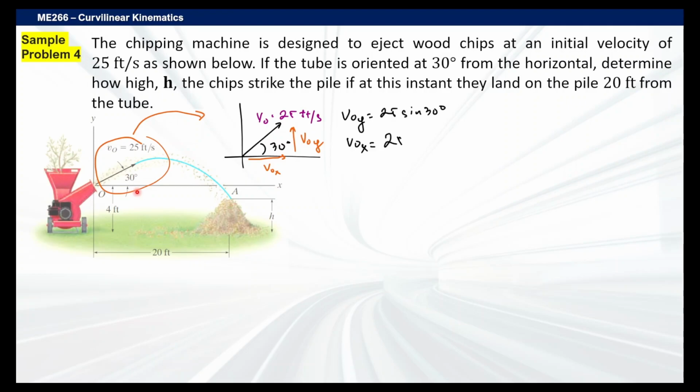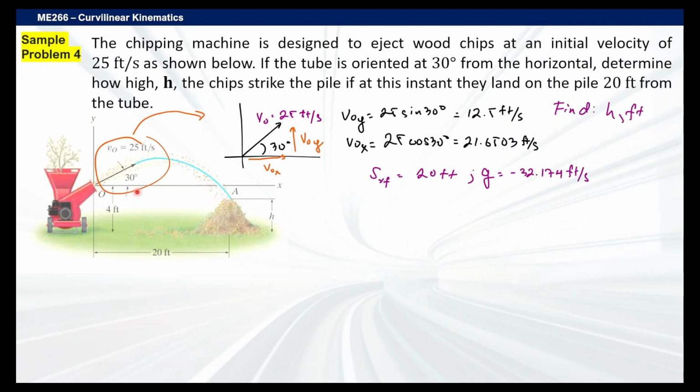In this case, we can find it out computationally. So that's simply 25 sine 30 degrees for the y component, 25 cosine 30 degrees for the x component, and the answers are 12.5 feet per second and 21.6503 feet per second, respectively. So here we need to find h in feet. We're given our range, or basically our s sub x, at 20 feet, and then g natin here is negative 32.174 feet per second squared. Okay? So recall